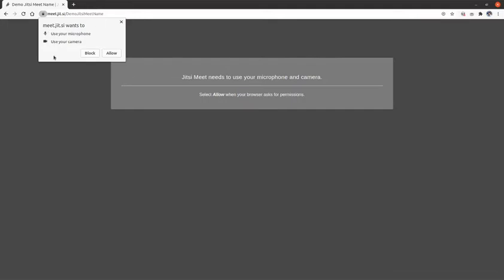You'll get something like this. This is in Chrome, might be slightly different. Firefox uses separate notifications for the microphone and camera, but it's asking for permission to use your microphone and camera, which you can either block or allow. Obviously, at the very least, you need the microphone, but you can switch each of them on and off during the meeting. So let's say allow,